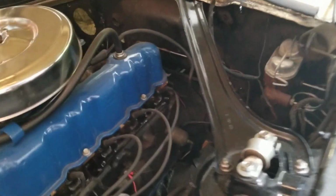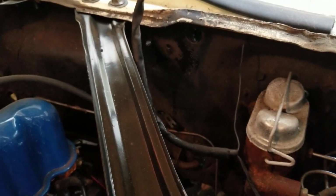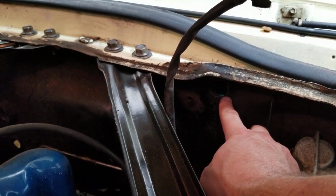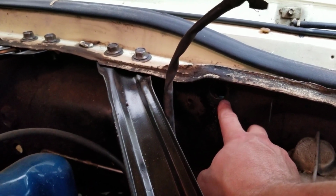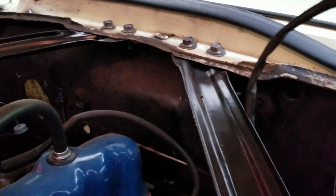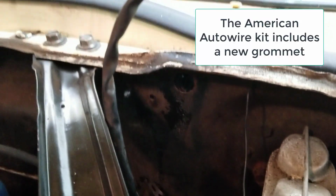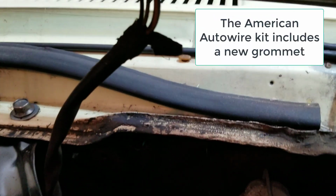Okay, so we're going to take a dive up under the hood and take a look at what we've got. This hole back up here is where the harness comes into the passenger area. So it comes out there. Now I have pulled that much of the harness out, and you can see it right here. All of this mess here was inside the car originally, and then the grommet that you can see right there is what sealed that hole up. So if we follow that,